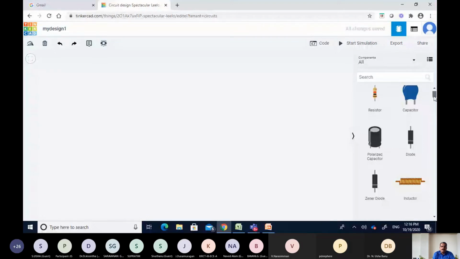In the previous session, Abhishek sir told that with respect to your diode, you can change the diode model. That is not possible with this Tinkercad. You have to use only the predefined models. So it is better to use this type of software only for simulation purposes, that is, to handle the classes. You have the resistor, capacitor, different types of capacitors, diodes, inductor.